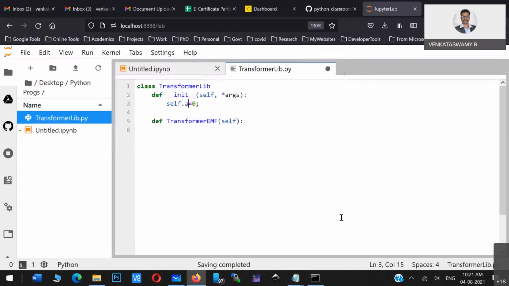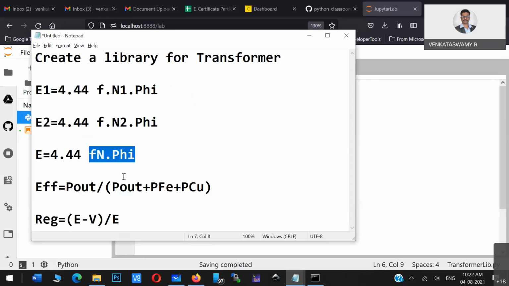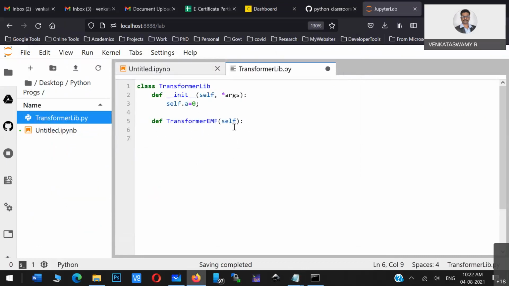Three things are required, so you need to pass f, N, and phi. If three variables are passed when you are creating a function, or what you can do, you can pass them with the constructor itself. Now I'll demonstrate both.